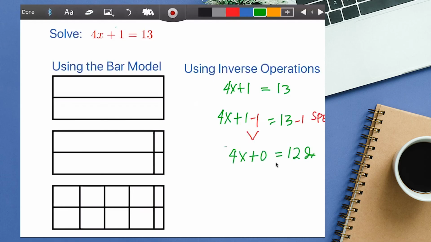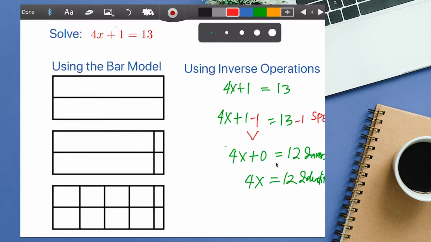And this is justified by the inverse property for addition. Then, by identity property, we know that 4x plus 0 is 4x, is equal to 12, and this is justified by identity property. Notice that the two-step equation is now reduced to a one-step equation, so we will continue using